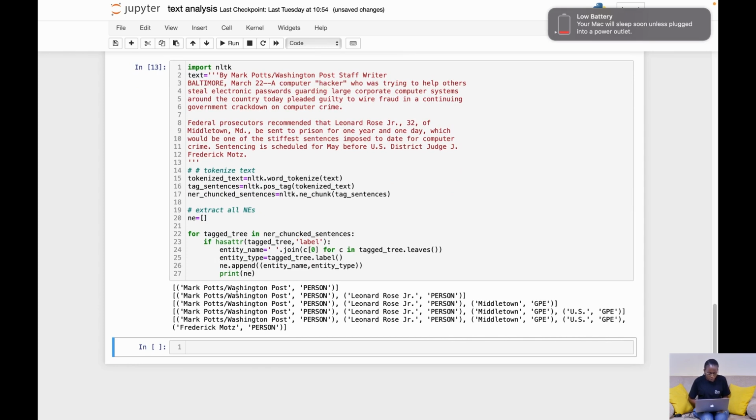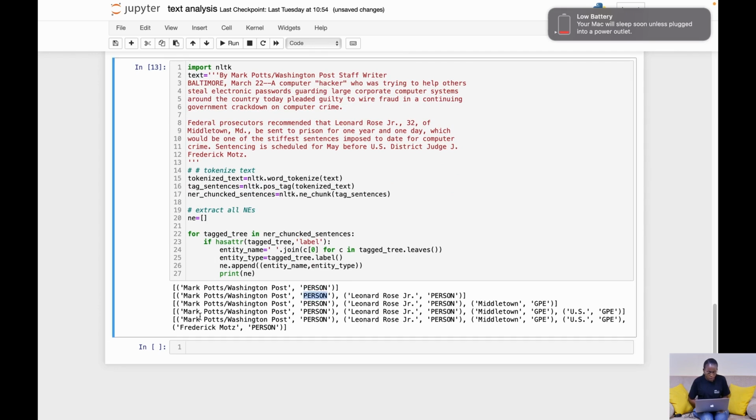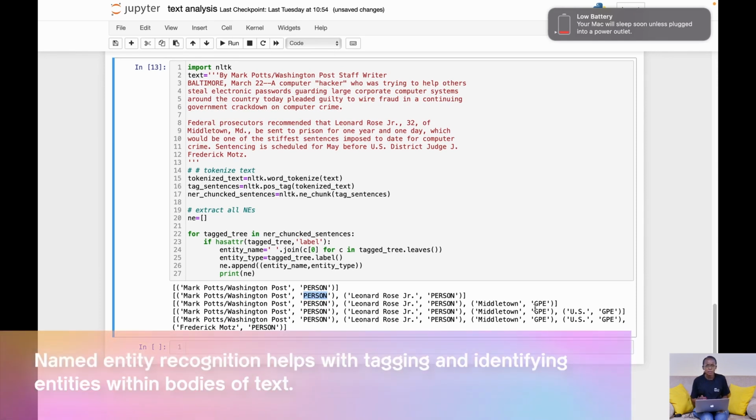So Washington Post is tagged as a person. So all the text that is marked as person has been tagged. And we have our location information tagged here as well. So named entity recognition helps with tagging and identifying entities within bodies of text. So now that we have an understanding of the NLTK tools, let's dive into